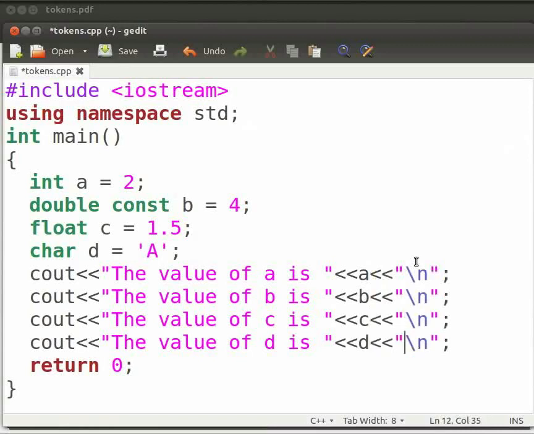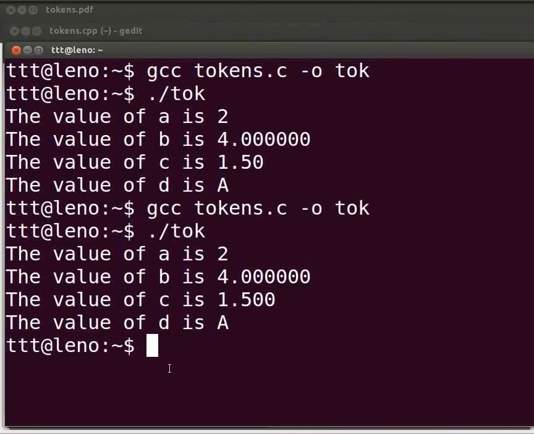Now click on save. Let us execute the program. Come back to our terminal. To compile, type g++ space tokens.cpp space -o space tok1. Here we have tok1 because we don't want to overwrite the output parameter tok for the file tokens.c.